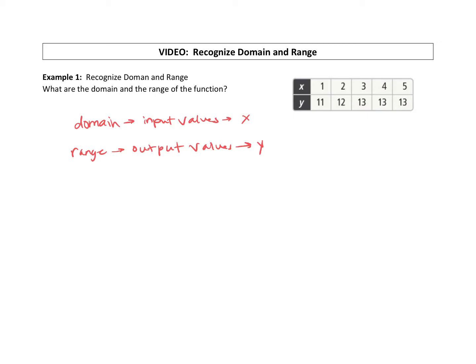So we will write this domain. We're going to write it as a set of numbers. So we're going to get one of those brackets, and then we're just going to list the domain. Those are all of the x values. We have 1, 2, 3, 4, and 5. And then the range